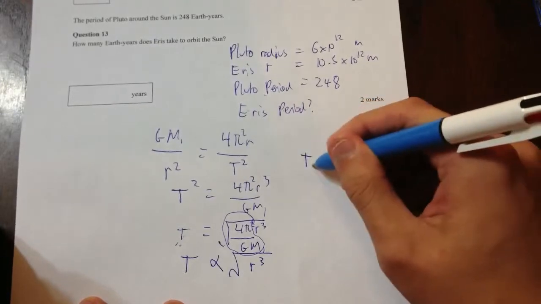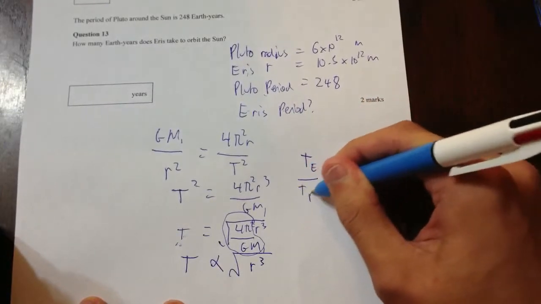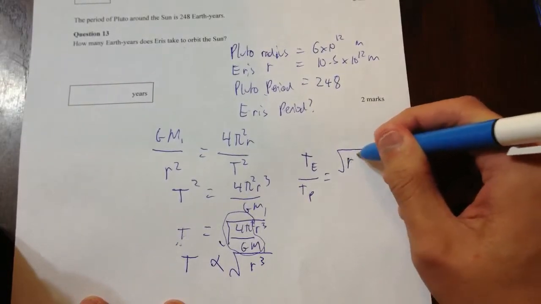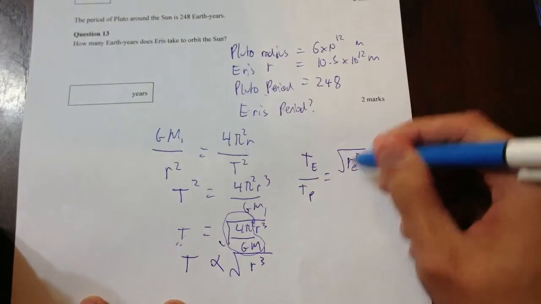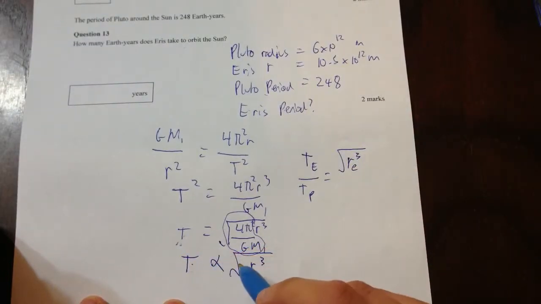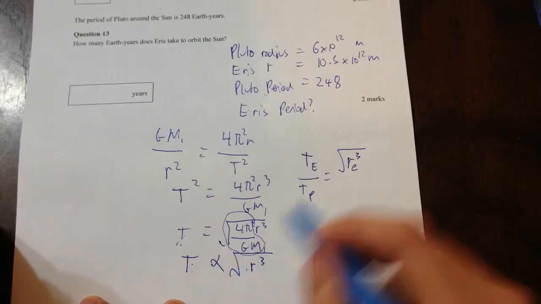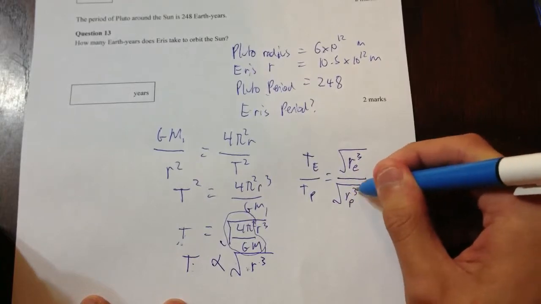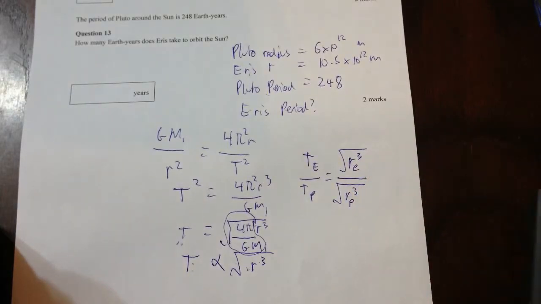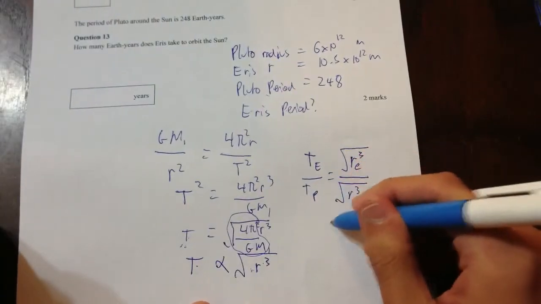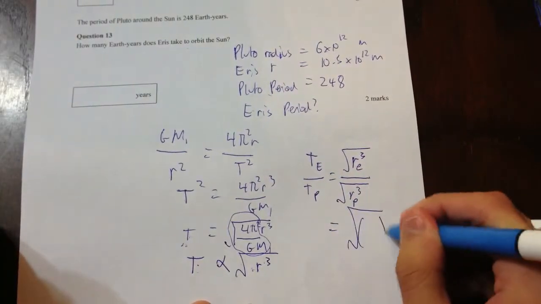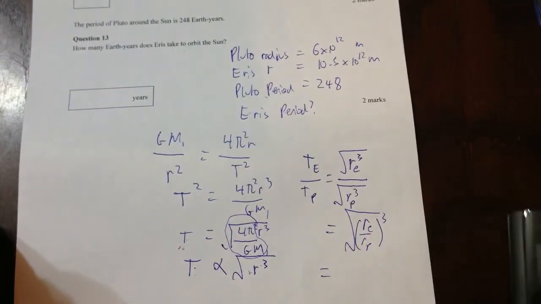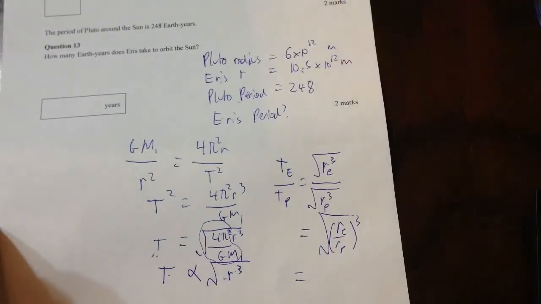So that means the period of Aries on the period of Pluto is equal to the square root of the radius of Aries cubed on the radius of Pluto cubed. And now we can just put that in. Well, I like to simplify it a little bit. Make it R_A on R_P, all cubed. R_A on R_P is this divided by that,